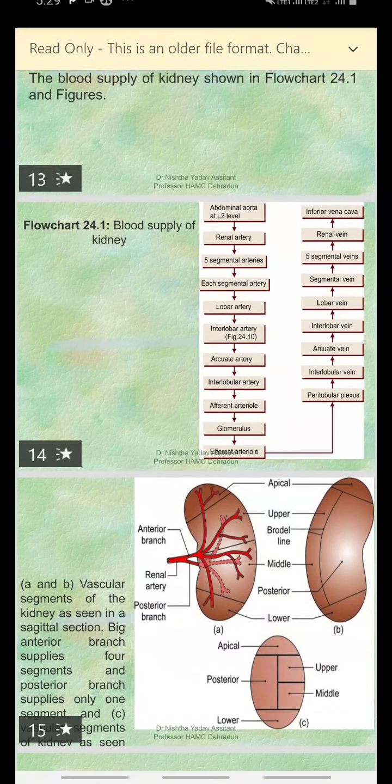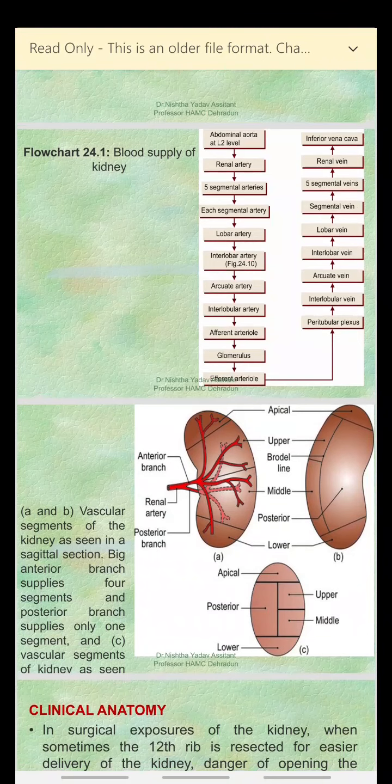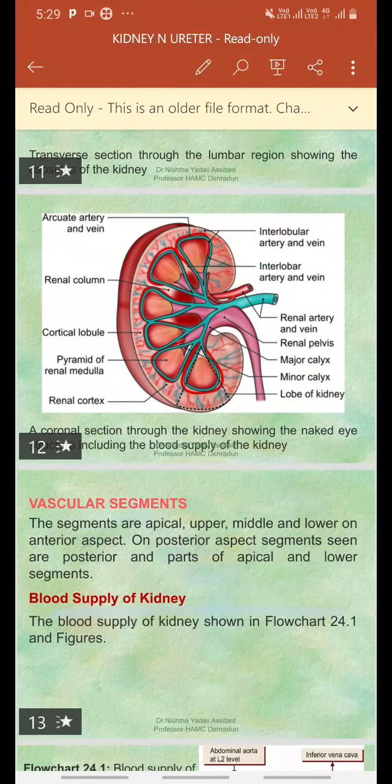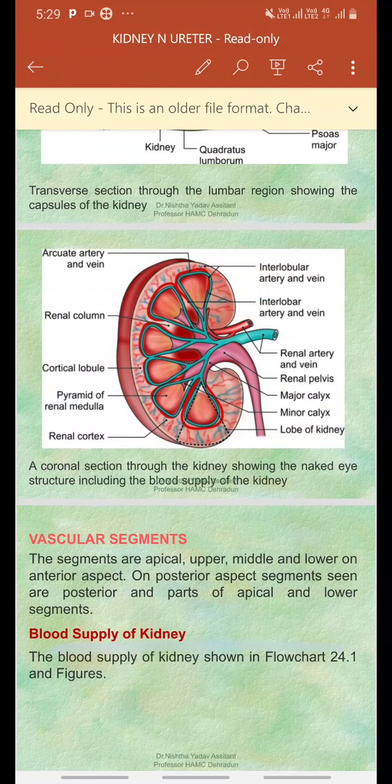Now if you see here, the renal artery is dividing into the segmental arteries for each segment. And then in this diagram, the segmental artery divides into the interlobar arteries, which lie in between the pyramids in the renal columns. Then the interlobar artery divides into the arcuate artery, which lies above the pyramids, and that divides into interlobular arteries and that into glomerulus. So this is the blood supply.